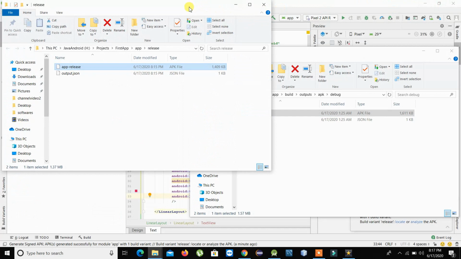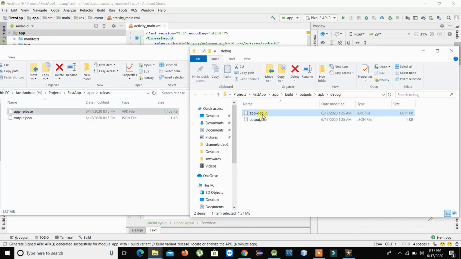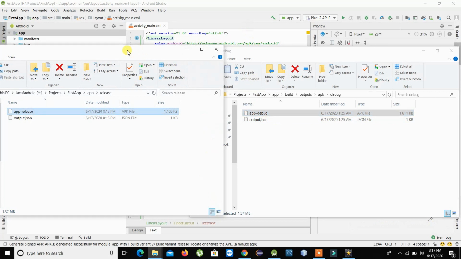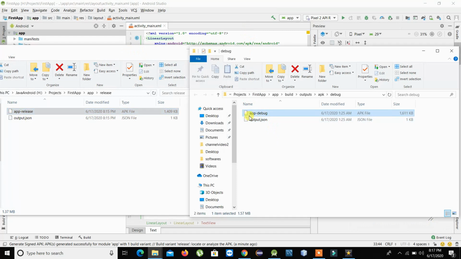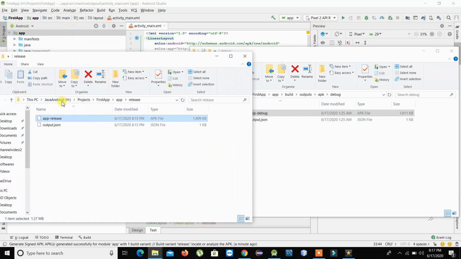You will find there is a difference in their name. So app debug is the normal APK that we have built. This is not the signed one, that is the unsigned APK, and this we will use for testing purposes. And this is the signed APK, which you can see is named app release, and this you will use to upload or publish your app into the Play Store.